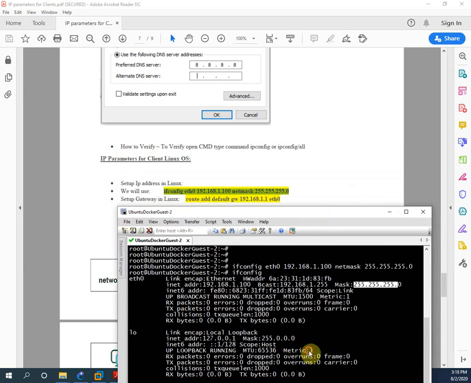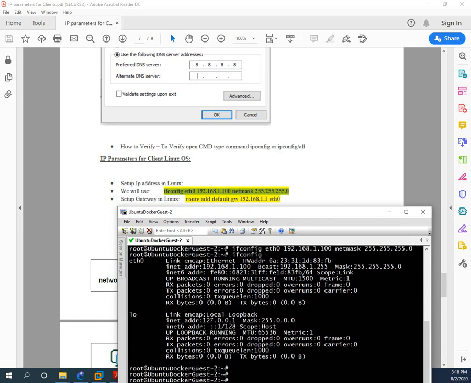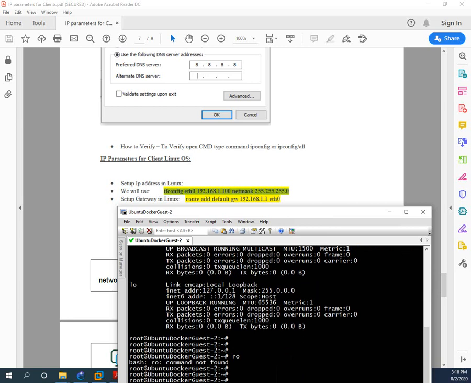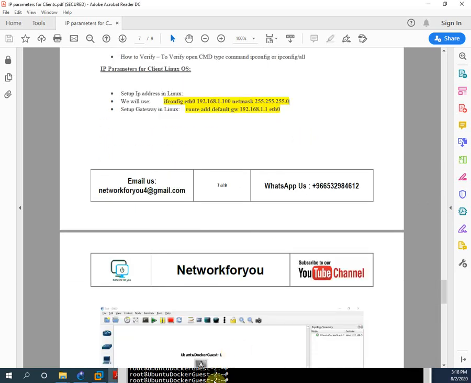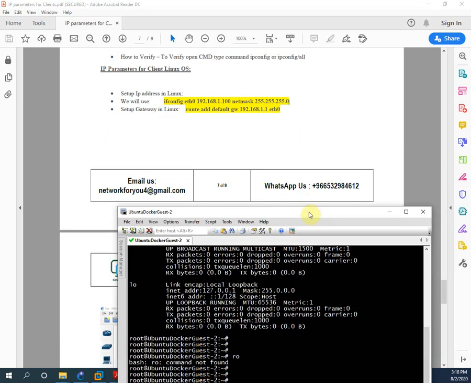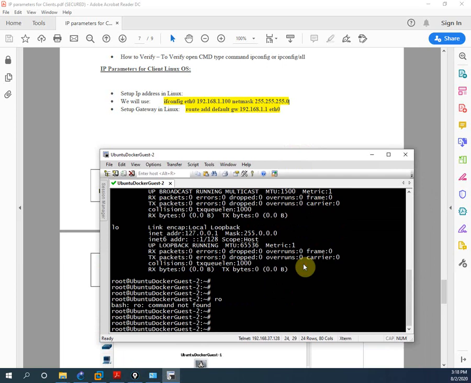If we want to assign the gateway also in Linux, how will we write? Let me select here. I will move this one a little up and take the Docker here. I will type route add default gw. I am using gw as the gateway.